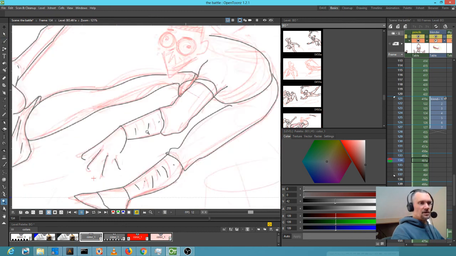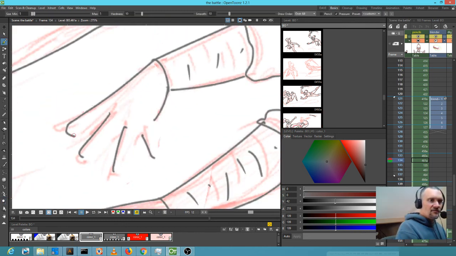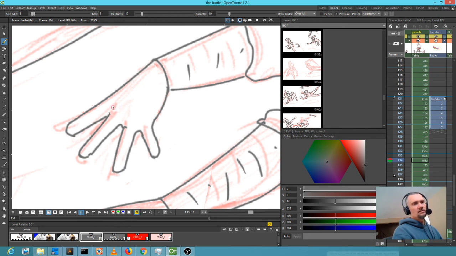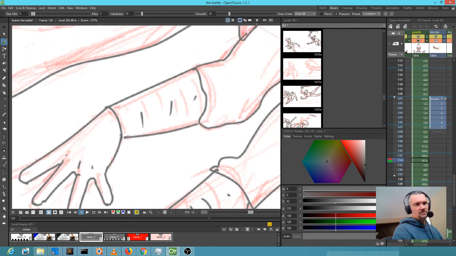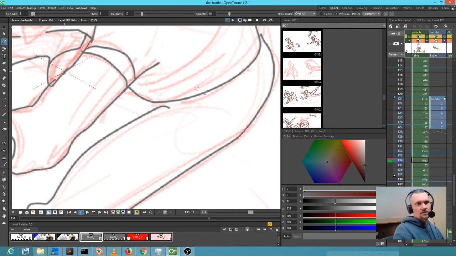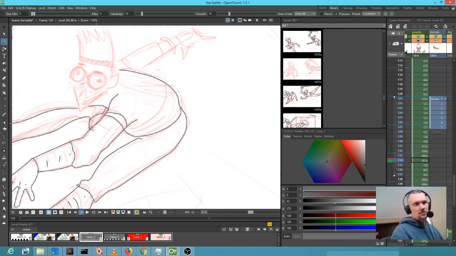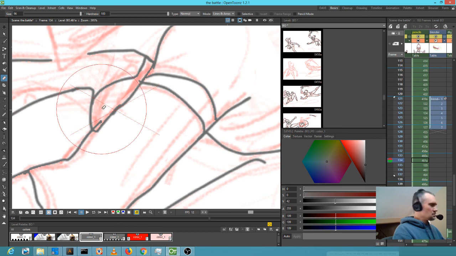Okay, I want to zoom in here. I've found that when I have a hand situation, a lot of times it helps to draw one side of the finger, because my tendency is to always make the fingers inconsistently fat or thin. You know, when I'm moving fast, I tend to make the fingers different thicknesses, which kind of looks stupid. So, now, okay. Obviously, we're going to have to turn our eraser down a skosh in order to